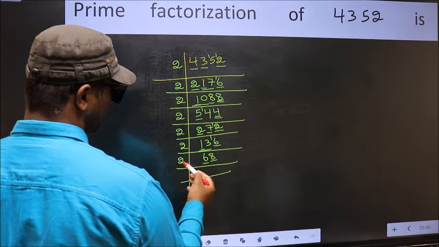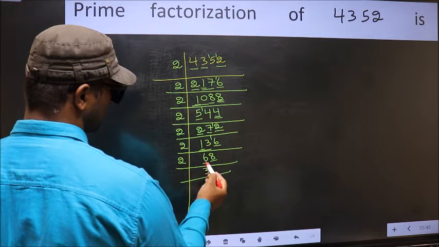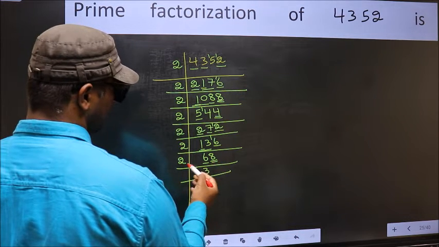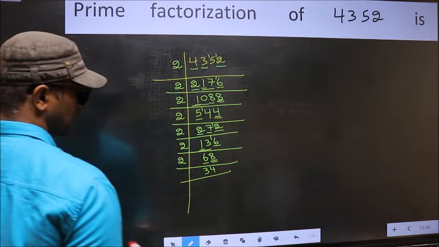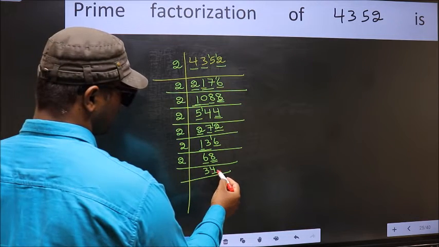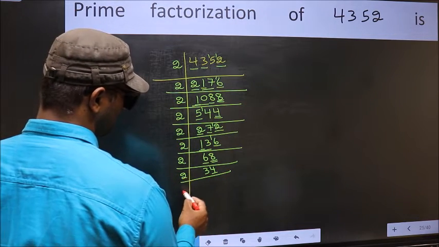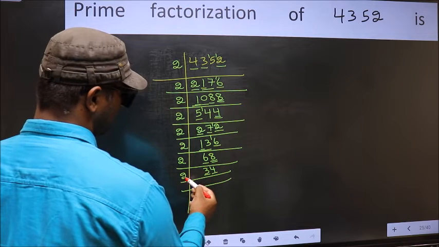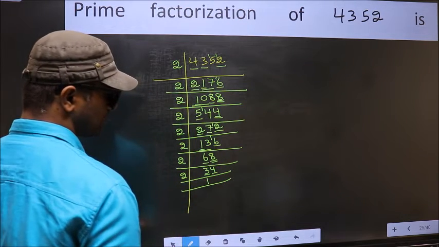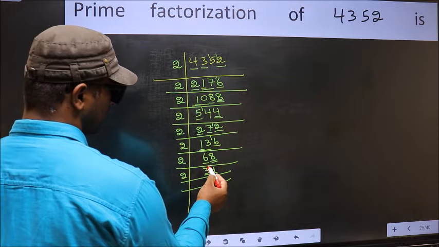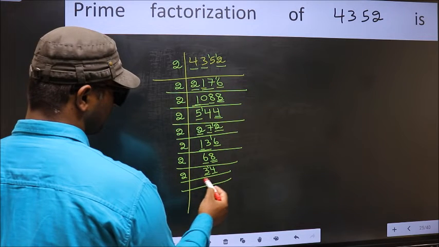First number 6, when do we get 6 in the 2 table? 2 3's 6. The other number 8, when do we get 8 in the 2 table? 2 4's 8. Now the last digit 4 is even, so take 2. First number 3, a number close to 3 in the 2 table is 2 1's 2. 3 minus 2, 1. 1 carried forward, 14. When do we get 14 in the 2 table?